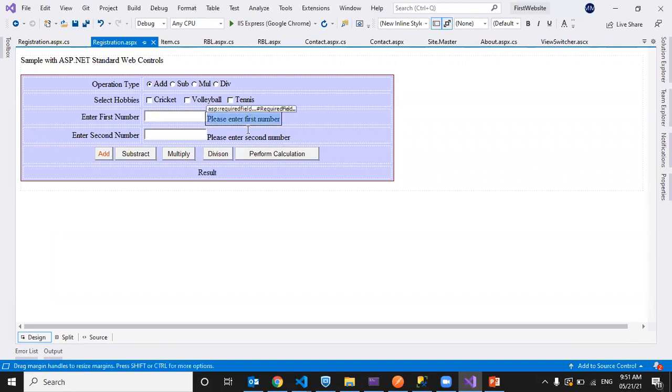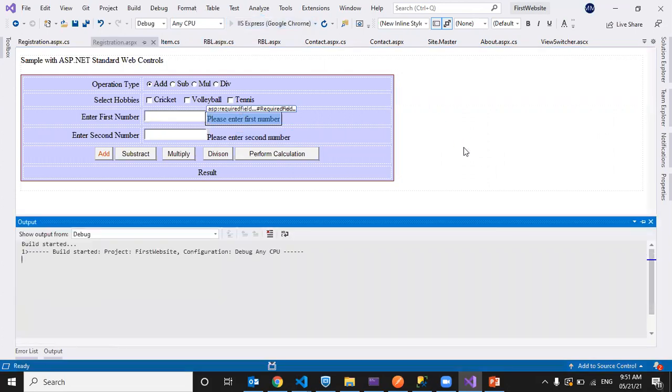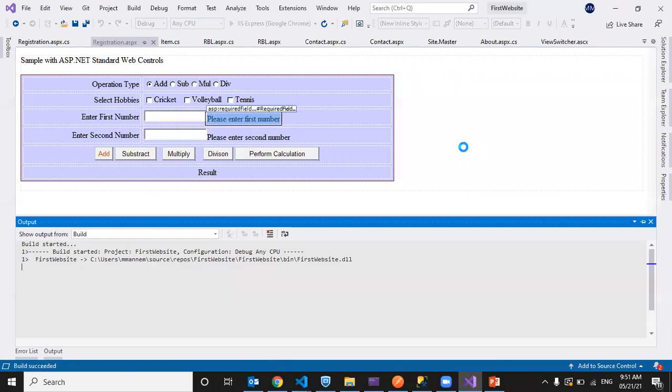So this is an example for required field validator. The required field validator is used to validate whether data is entered in the control or not. If data is entered, it will return true, otherwise it will return false. We'll see whether it performs when I click add.